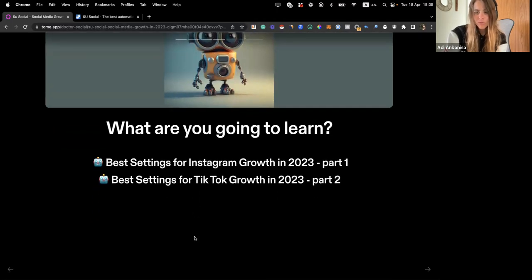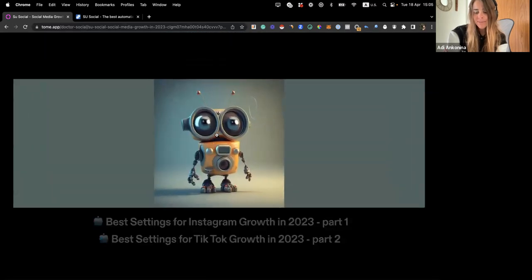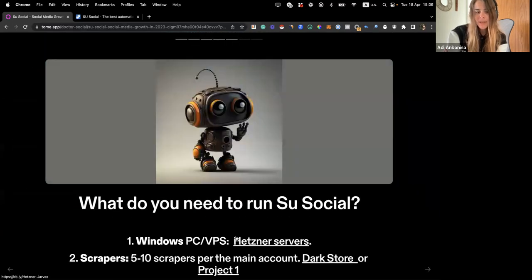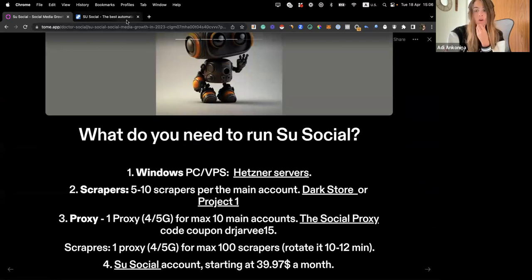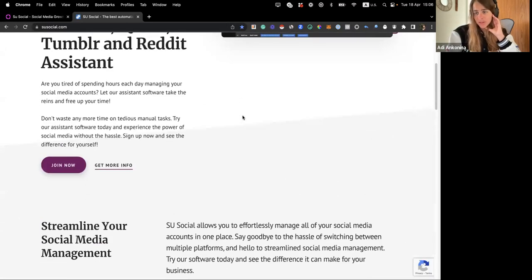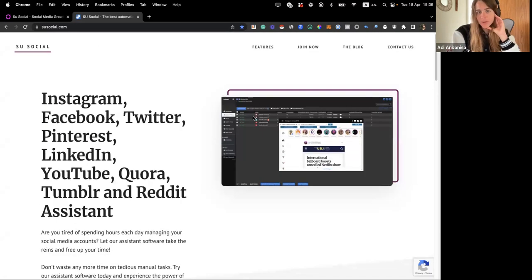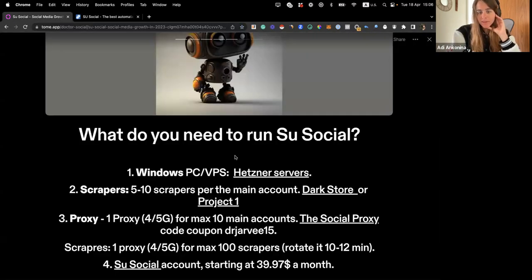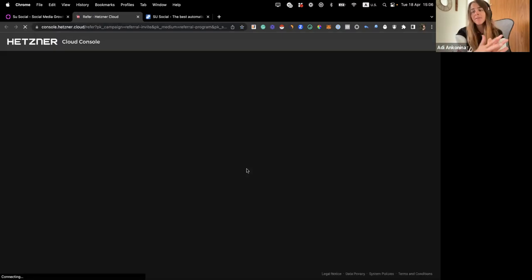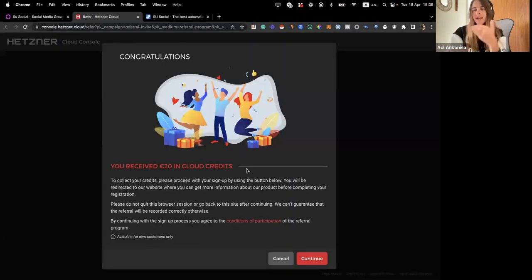So what you need in order to grow the accounts on Social, if we speak about Instagram accounts. A few things. First of all, Social works only on Windows. So you have two options. One, if you have a Windows PC, you can run it on your own PC. This is less recommended. The most recommended option is to get a VPS. VPS is a virtual private server, where you can rent a private dedicated computer for yourself. And then you can install Social on this server and run it 24/7. You don't need to pay for the electricity, and people from your team from all around the world can log